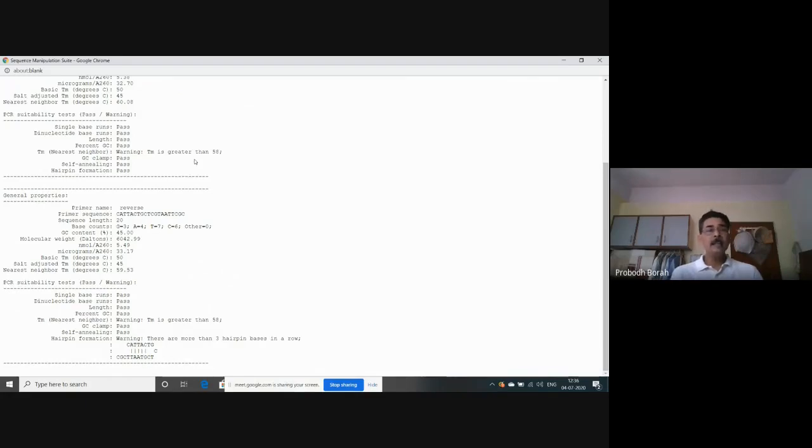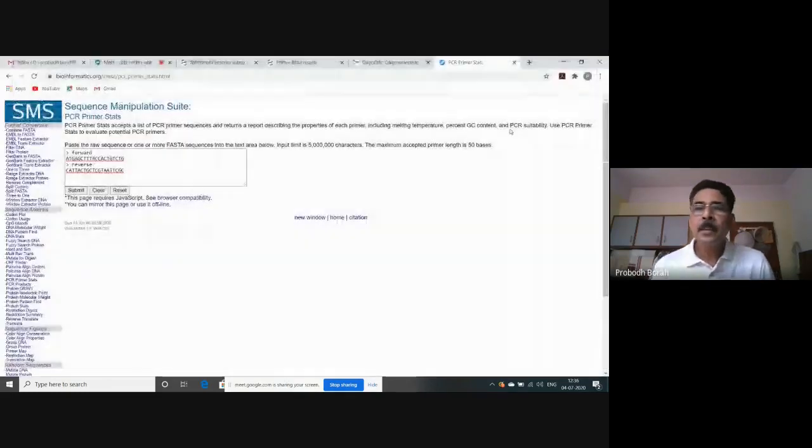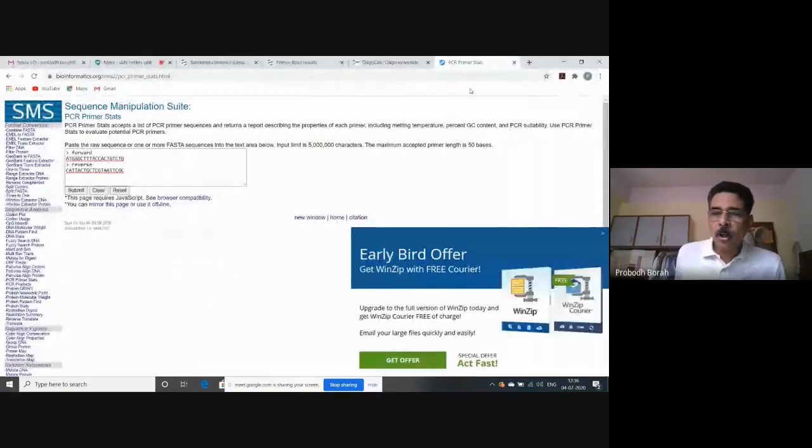But as I said, this parameter is not trustable with this particular tool. So we will take it that this primer pair is having all the ideal properties. Although, as I already said, it is having one little defect, that is, there is a probability of primer dimer formation by hairpin formation within the forward primer.